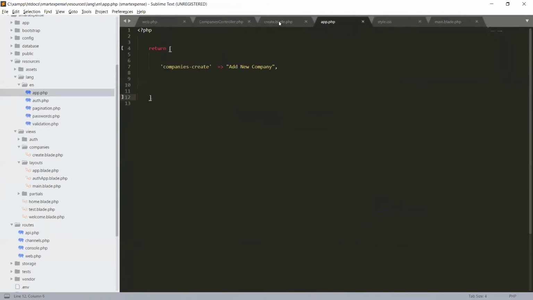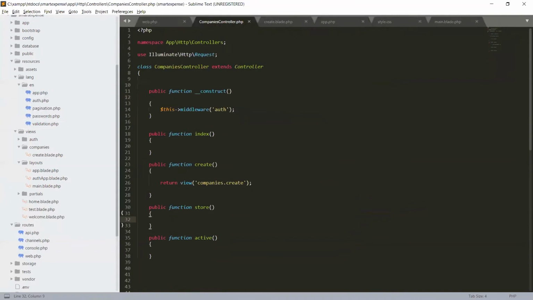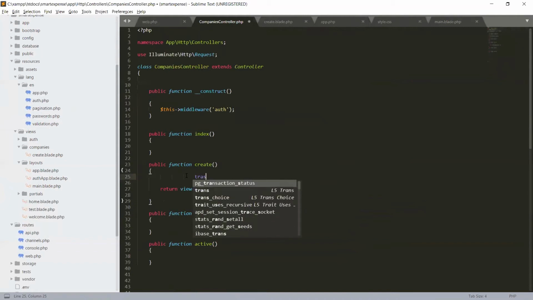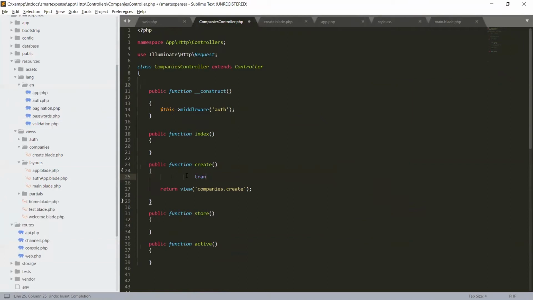So in our app, now come to a controller, and in the controller, before returning, let's use the trans function. Here we will say app.